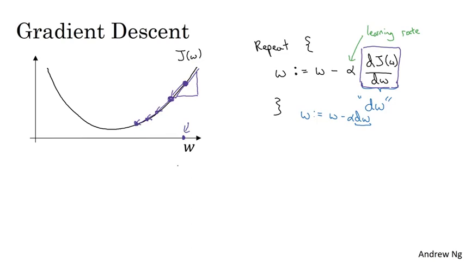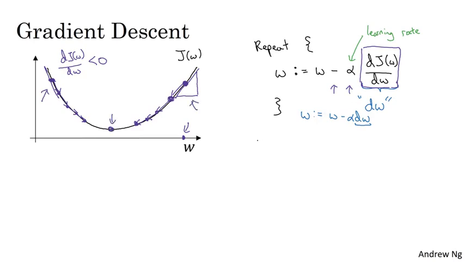value of w. As another example, if w was over here, then at this point, the slope here, or dJ dw, will be negative. And so the gradient descent update would subtract alpha times a negative number, and so end up slowly increasing w. So you end up making w bigger and bigger with successive iterations of gradient descent, so that hopefully, whether you initialize on the left or on the right, gradient descent will move you towards this global